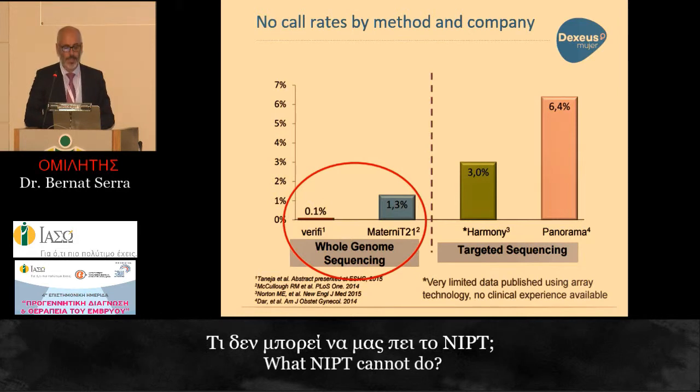As you can see in this slide, if you use whole genome sequencing, MPSS, the no-call rates are very low, less than 1%. In the case of Verify, which you told me you use in France, it is just one in 1,000. On the contrary, you can see that in tests using targeted sequencing, this no-call rate is much higher, even rising to 6.4% in the case of the Panorama test,